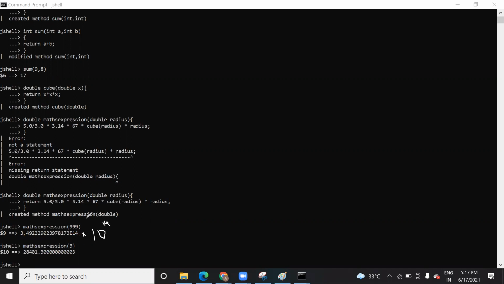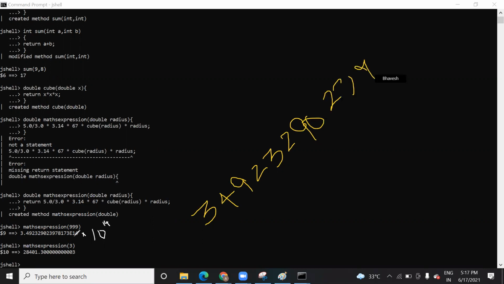One minute. So 3.4923 e to the power 14 means 10 to the power 14. When you multiply this e to the power, it will all go back and at the end you will get the dot, right? Yes. But this value won't fit on the screen.